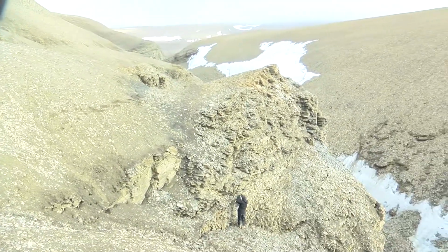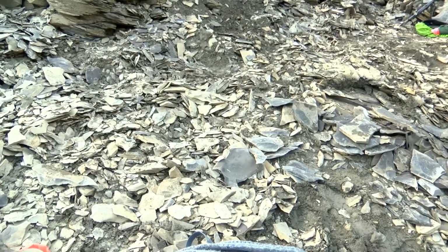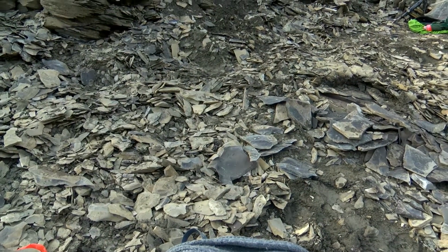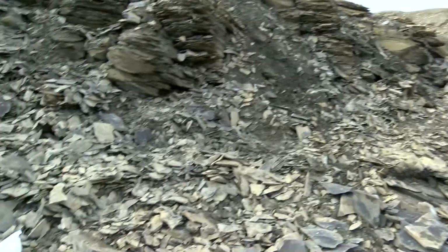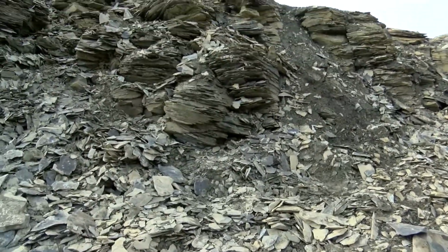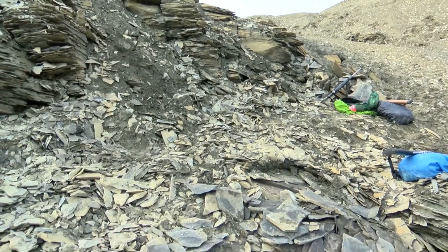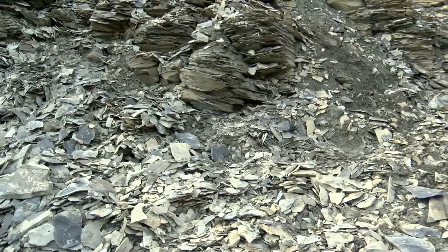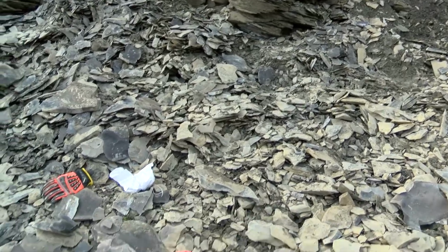And the rocks here are really quite unique for what we've seen on this trip so far, because we've got a lot of really dark shales, and they are so dark that they represent a really deep marine sequence, and they have a load of oil inside them as well. So even just standing out here, you can smell the oil on everything that you touch. And unfortunately for me, I didn't take my gloves off when eating something, so taste as well,